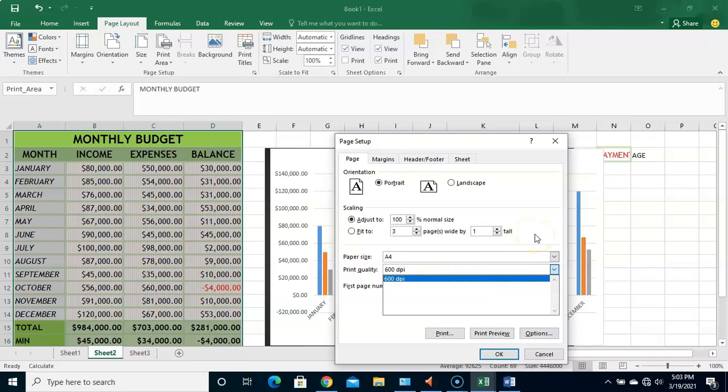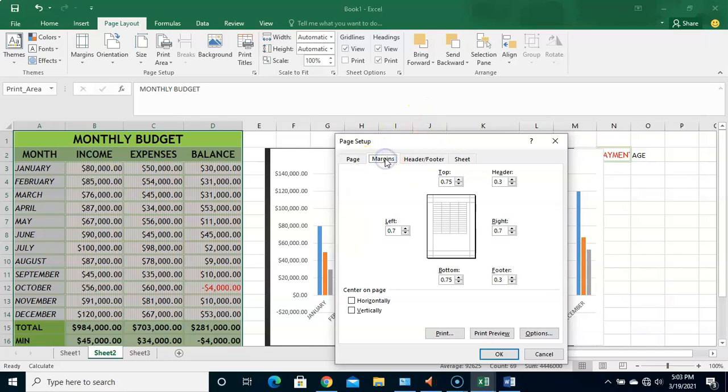Do you understand that now? So these are things that you need to know. I hope you understand that now. So we're going to move to margin, and right here, just like what we did the other time, we chose